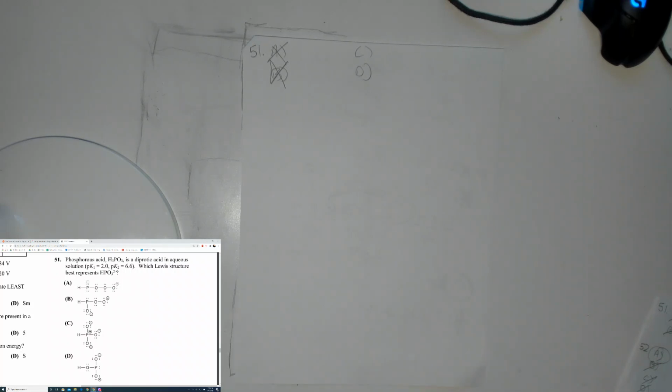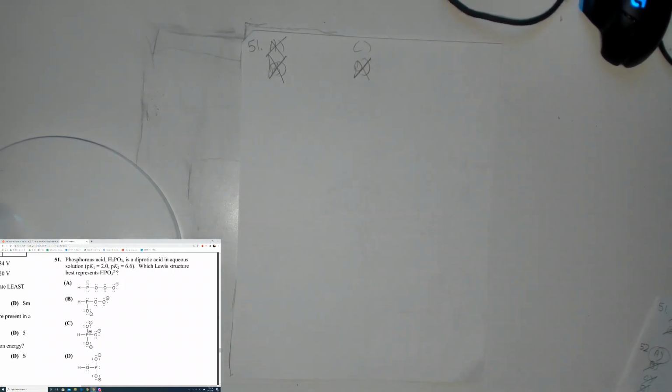They would go to the two oxygens that have the negative charge in D. Usually when a proton is connected to an electronegative element like oxygen, it will have acidic character. So D signals a triprotic acid, whereas the question says phosphorous acid is a diprotic acid. So you can cross out D,